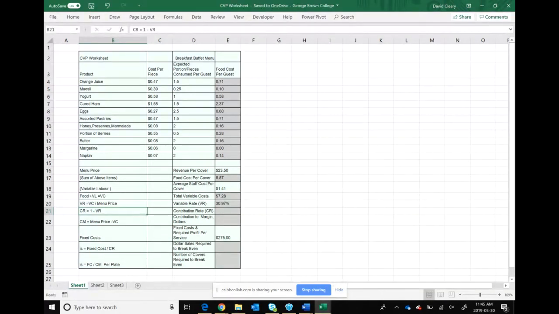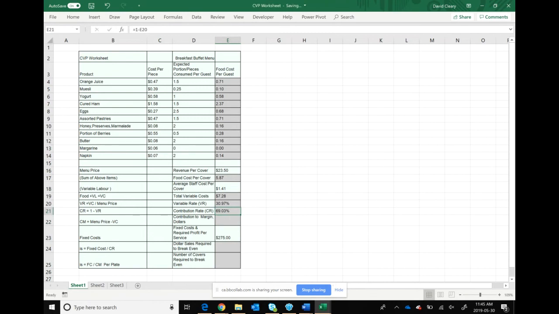The other way to calculate this is your contribution margin divided by sales. In this case, the equation that I've given here is a bit easier, and it's less sticky than the other equation, so we're going to use that. So we take 1 minus the variable rate, and we get a contribution rate of